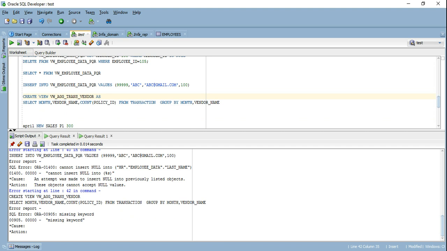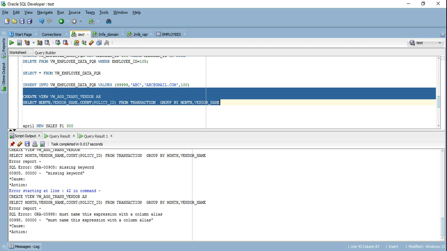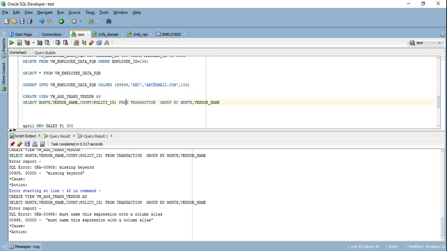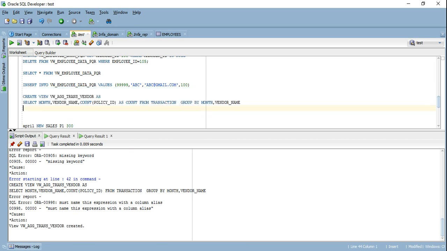So let's go over the syntax of a view again. We have the two keywords create view, then we specify the name of the view, then we specify as, then we have the select keyword, then we specify our columns, the table name, and in case we have any condition. Alright, let's go ahead and try to create it. I have not given it an alias as count. So the view has been created.